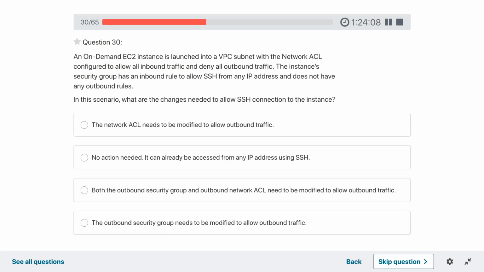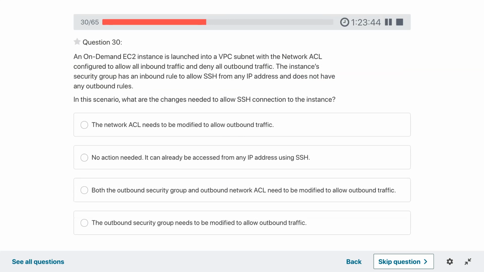An on-demand EC2 instance is launched into a VPC subnet with the network ACL configured to allow all inbound traffic and deny all outbound traffic. The instance's security group has an inbound rule to allow SSH from any IP address and does not have any outbound rules.